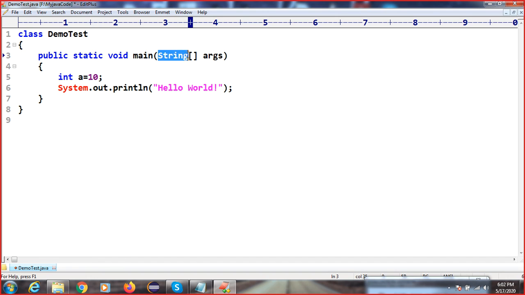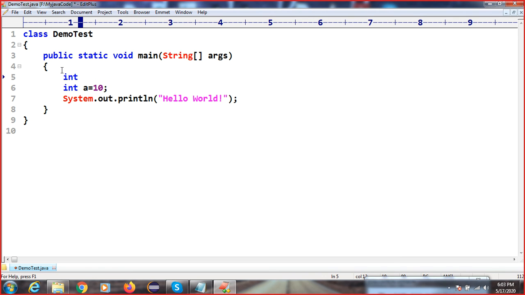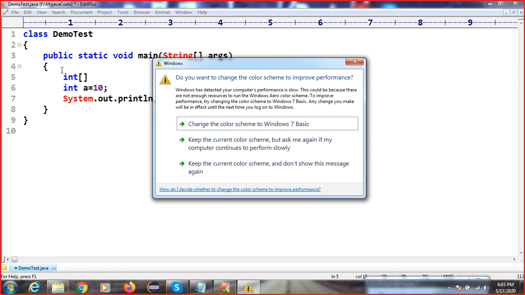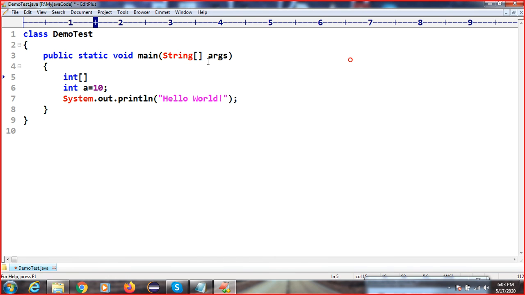So this is also an identifier. This is your inbuilt class. This is your 1D array type. Why is it there? Because here we can pass multiple types of arguments. In the command line we can pass multiple types of arguments. That's why this parameter is called a string type of array, args. So this is your array, a 1D array. In a coming session we will discuss what an array is. Okay, so leave it.